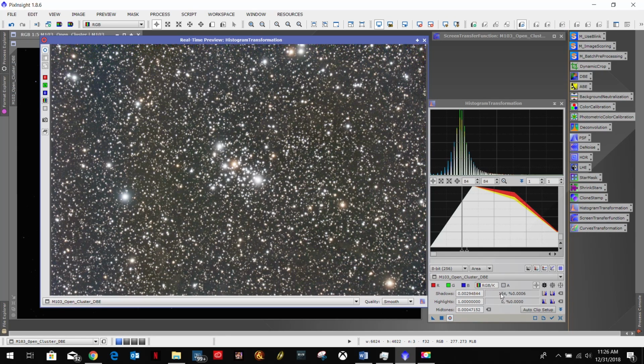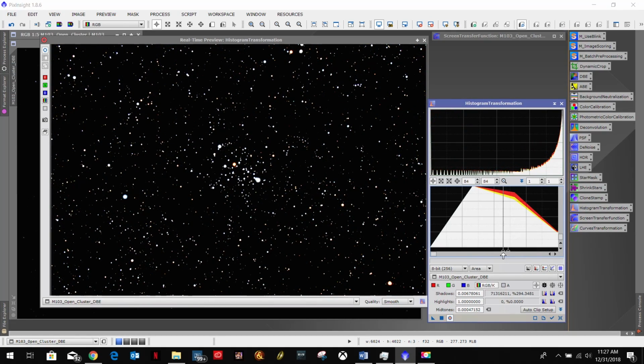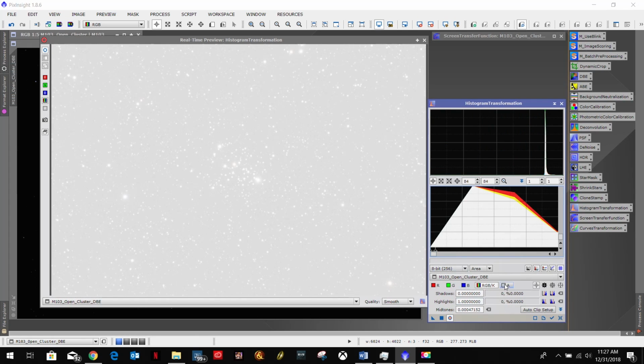This first value is what we're clipping. So we don't want to clip too much, but we do want to make things pop a little bit more. So we're just going to play with this little slider, right? Now see, if I move it there, it turns real dark. But if you notice, we're clipping 71 million pixels. We don't want to do that. But if we do here, we're clipping nothing, and it's very whitewashed. So we just want to drag that back over